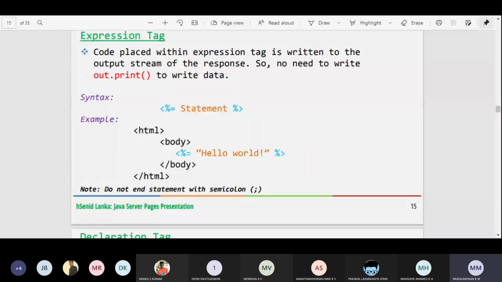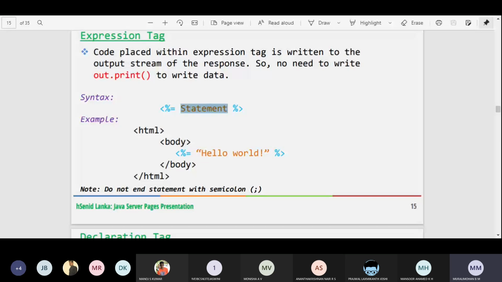Just observe here. We are not writing any out.print method. Why? Whatever you are writing inside the expression tag, directly it will be written onto the output stream of the response. So here it requires minimum Java knowledge.